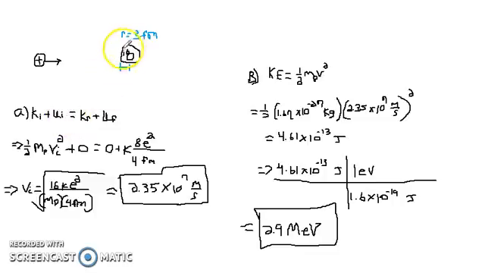Okay, well, since the nucleus of the oxygen atom remains at rest, I can find the speed of the proton by conserving mechanical energy. So I have the initial kinetic plus the initial potential equals the final kinetic plus the final potential. So for initial kinetic energy, I have 1/2 times the mass of the proton times its initial velocity squared. There's 0 initial potential energy, there's 0 final kinetic energy, and then there is a final electric